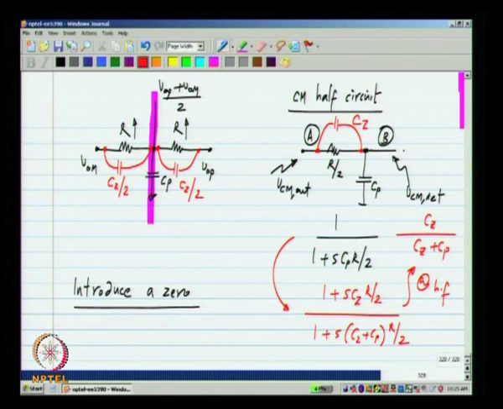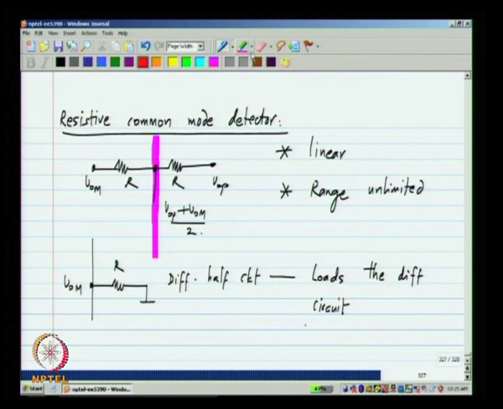Okay. So, now in the differential half circuit, we will have this load as well. So, in addition to the integrating capacitor and the load capacitor of the single stage op amp, we also have the capacitance used in the common mode detector. Okay. So, the passive common mode detector is very useful because it is linear, but it has some problems. First of all, it loads the circuit, that is the main problem. Okay. But the advantage is that it is very linear. So, we will see that there are some situations where we will use this, and in some cases where we will try not to use this one.